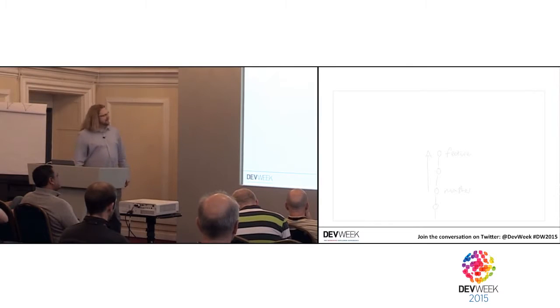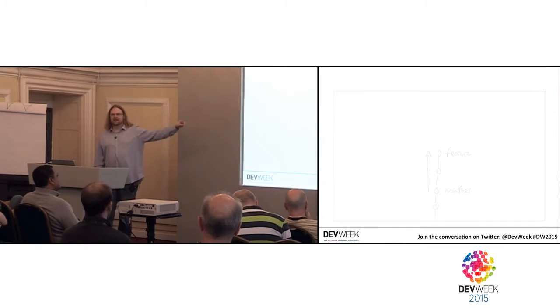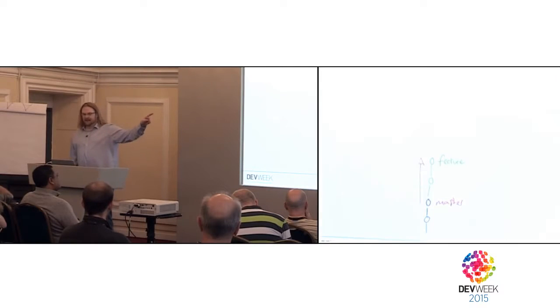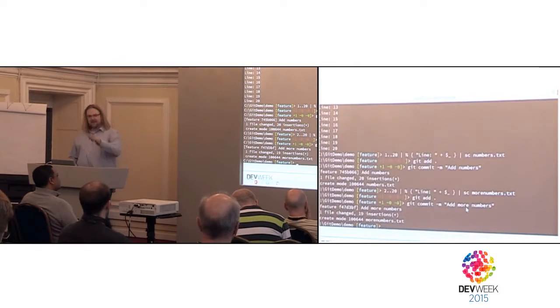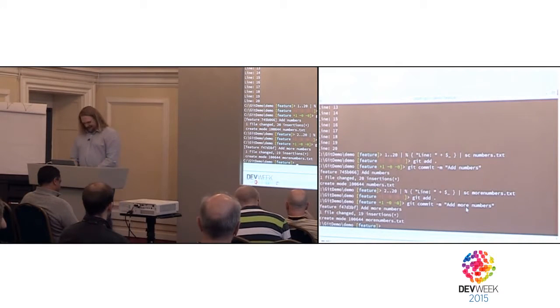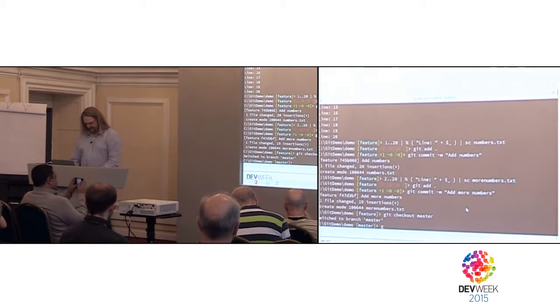Now notice, in this case, there is a straight line that goes from where master is to where feature is. Right? Now when I do this, I can see someone nodding there. Does this suddenly make sense to you? Brilliant. So if I git checkout master and git merge feature,